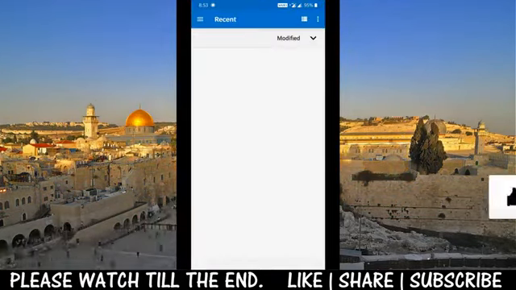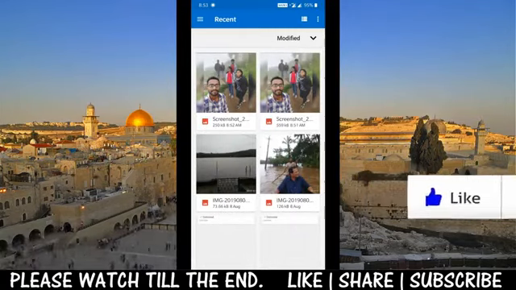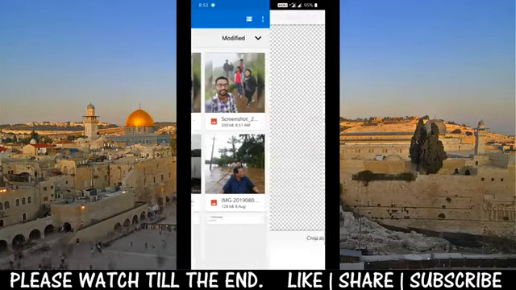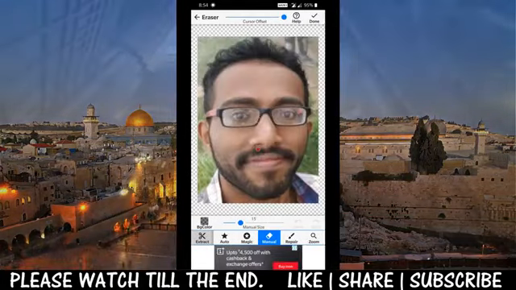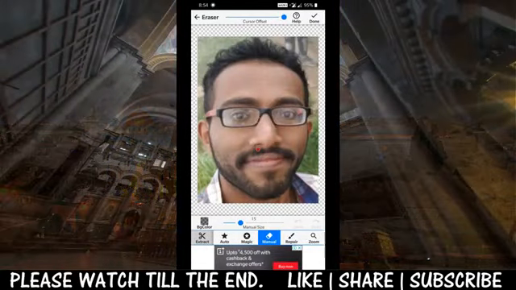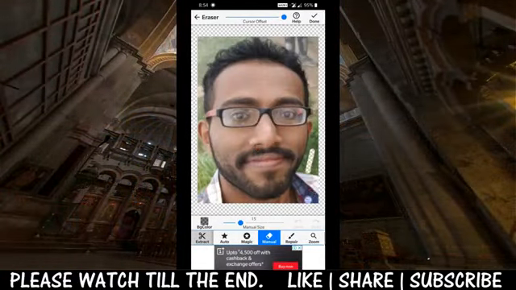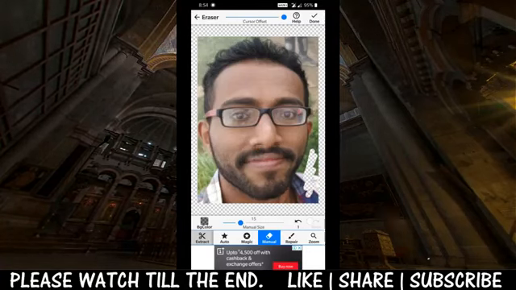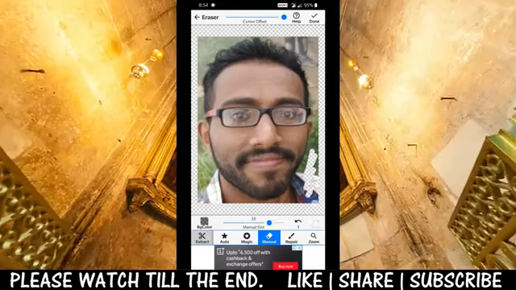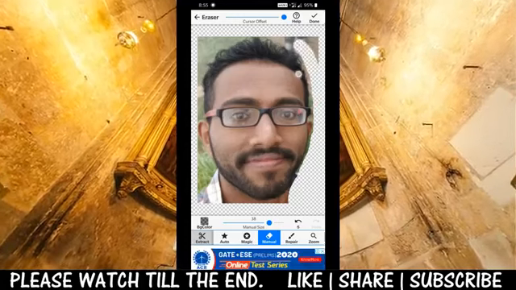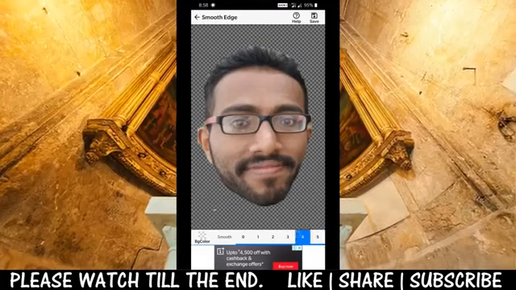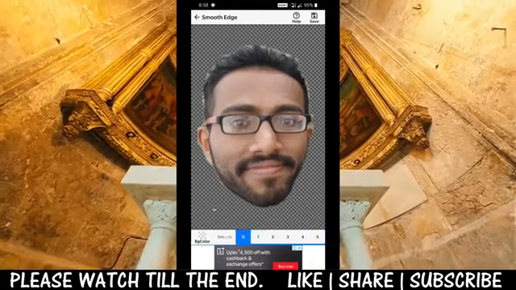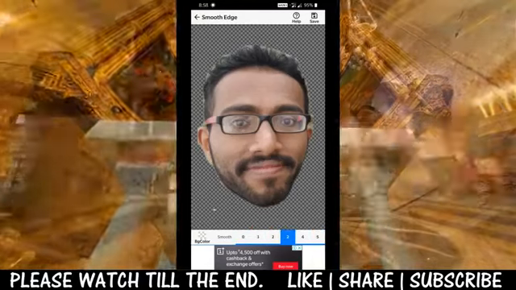First of all, launch the Background Eraser app. From here we will pick up the face which we are going to swap. So I'll take my face here from this picture. This application is very easy, guys. First crop the main face, then to erase the other unwanted parts you can use the erasers. Manual is there and also magic eraser is there, you can use it. So like this, keep only the face part as you can see here. Then here smoothen the edges, I'll keep it at 3. When you smoothen the edges, the final image will look good, guys, so it's mandatory as you can see.